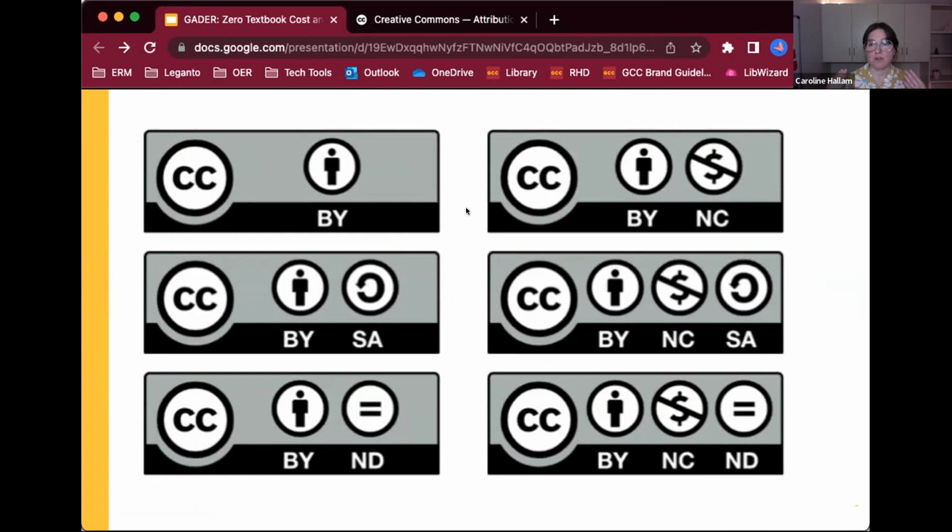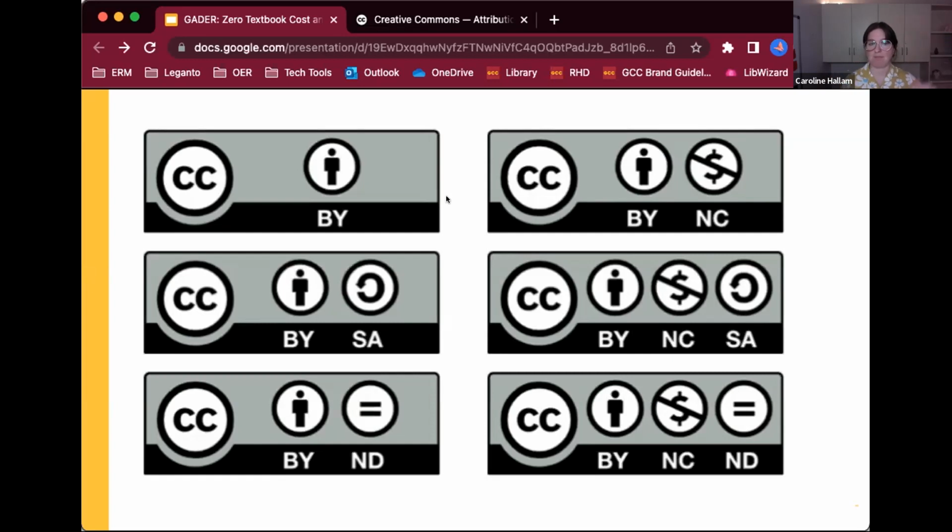So that means that you could take an open educational resource that is licensed CC BY, and you could just tear it to bits and make your own version. You could remix it here and there. You could rewrite portions,